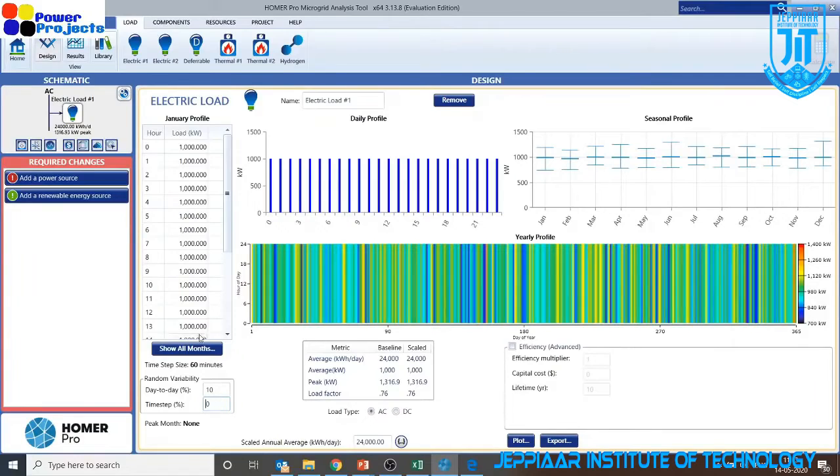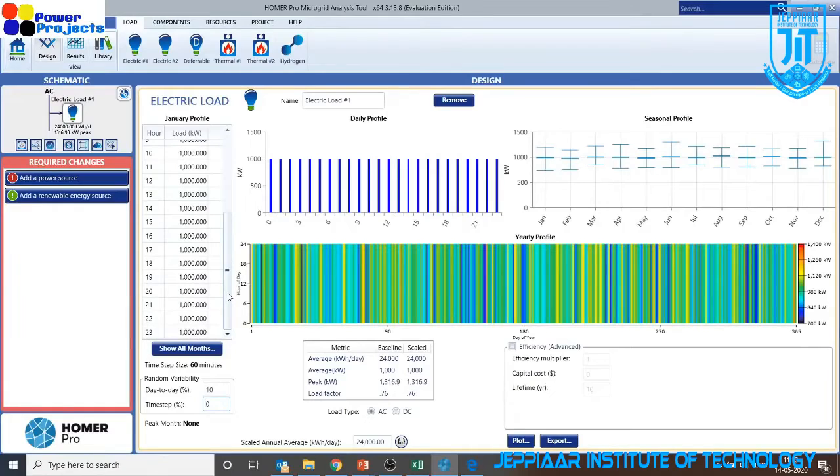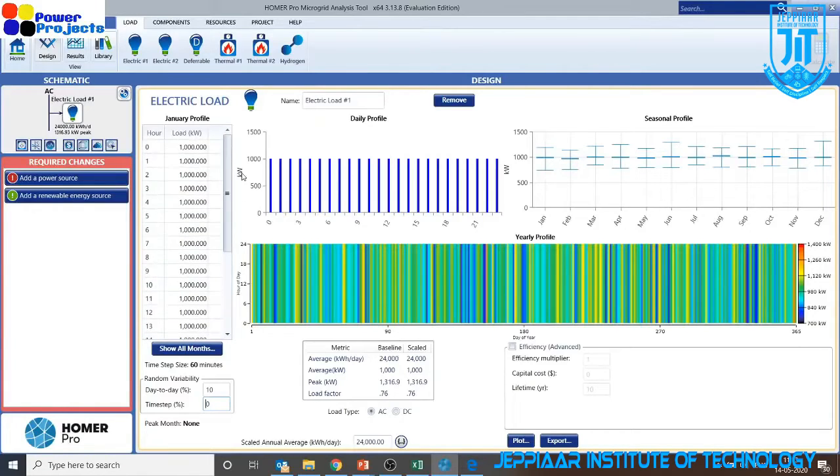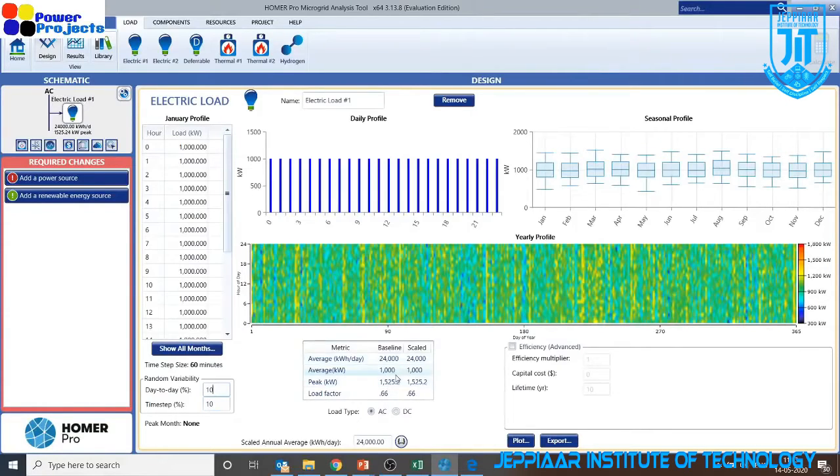And the time step here is 24 hours on a day, which can be increased or decreased depending upon what you want. Here we have modeled the loads in 1 hour blocks. Even if you want to model the loads on a minute basis, you can, but the number of inputs we need to enter will definitely increase. If there is any time step variation, you can add that as well, and you can see that for the same average demand, the peak demand increases, and hence the load factor decreases. So this can easily help you understand one important aspect.